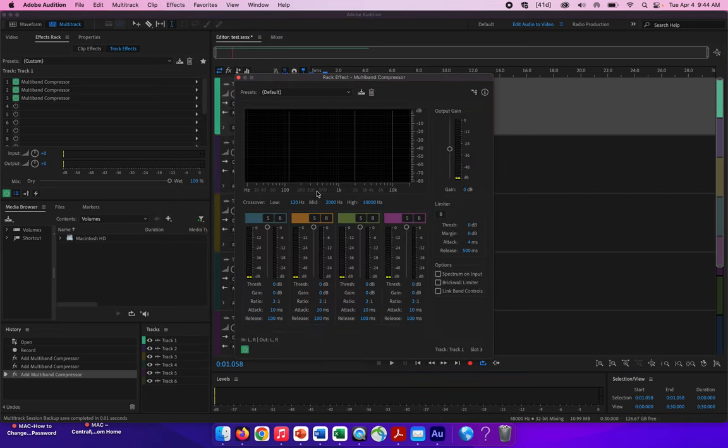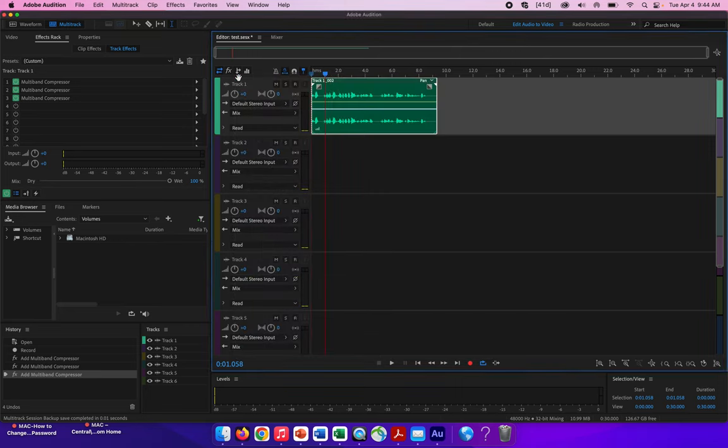So that's the multi-band compressor. You can also increase the gain or limit the gain here. So if you got a hot track, you can take care of that there. If you got a track that has low levels, you can take care of it there. So again, this is the multi-band compressor, and you have a lot of control over what you can do with your lows, your mids, and your high frequencies built into your voice or built into whatever sound that you have